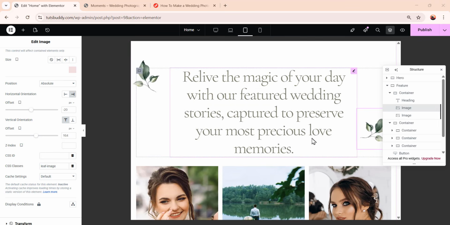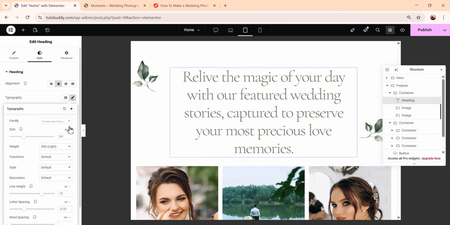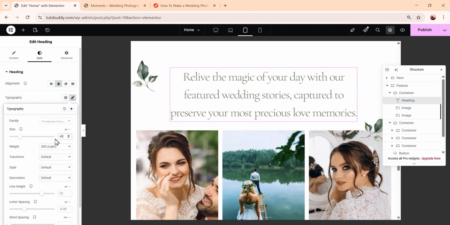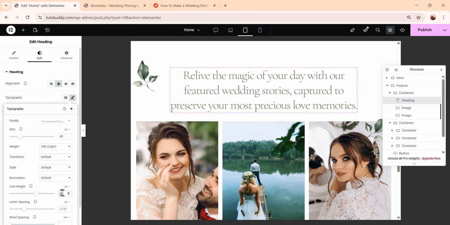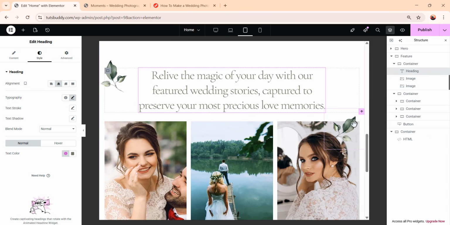So in this tablet mode, first of all, we're going to change the size of this heading. So select this heading, go inside this typography, and we're going to make the size of it 48 pixels. Then we're going to make the line height 60 pixels. As you can see, after changing the size of this, it has gone to here and I want to place